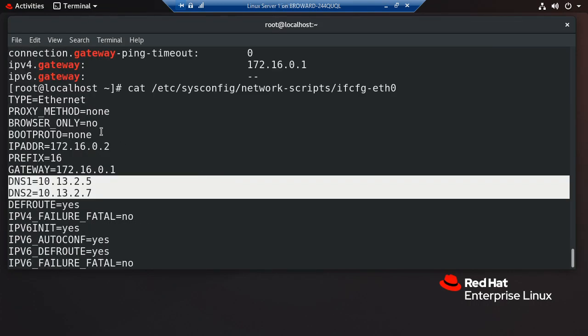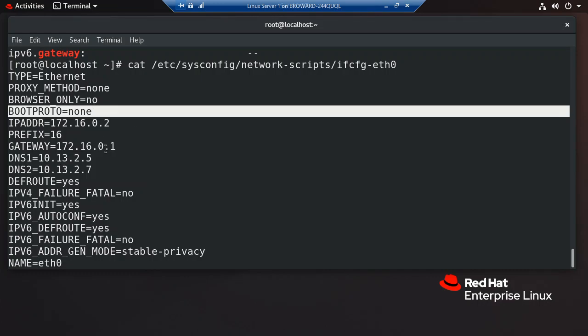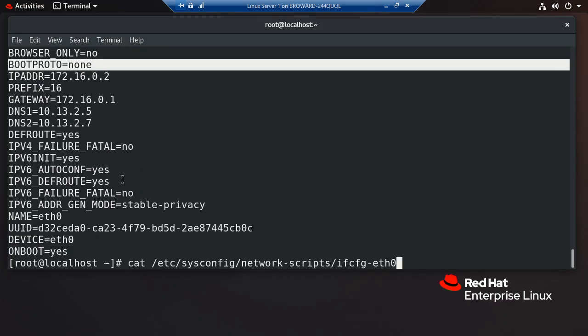But it didn't do this. Oh, no, one second. Proto. No, that's fine. It's static. So all that command did was edit this file. But if I run ip addr right now,